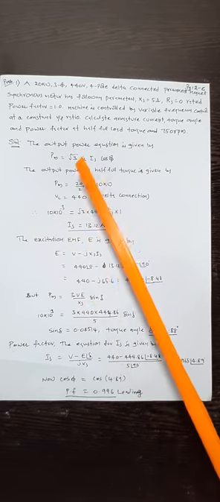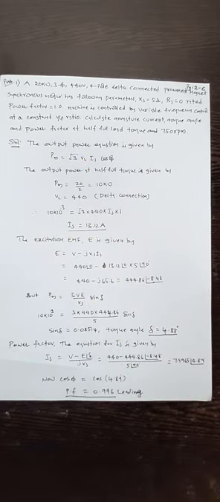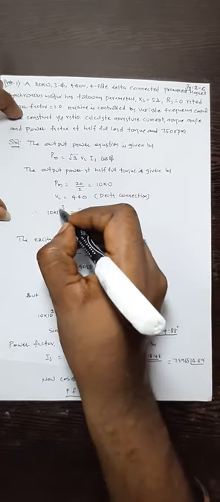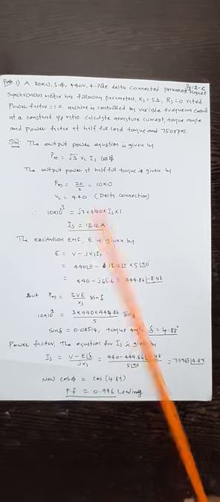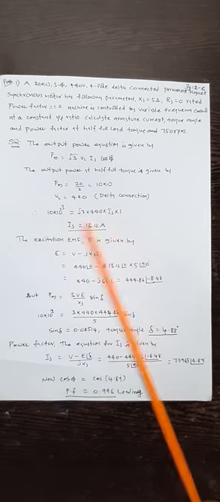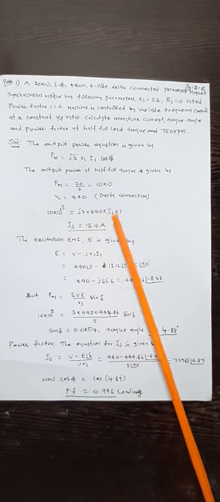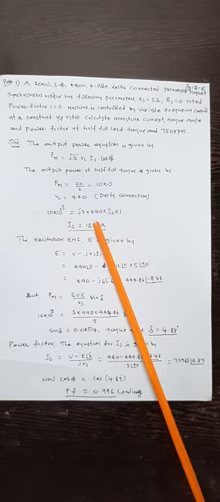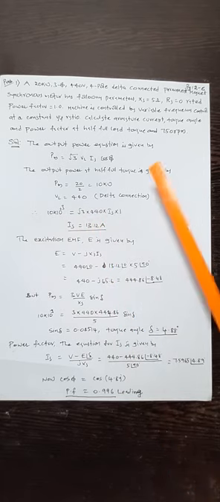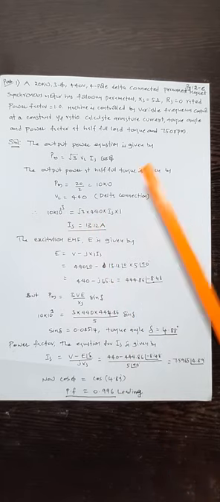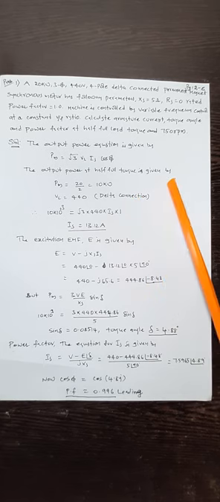Pm is 10 into 10 power 3. It is kilowatts, not a plus value. It is 10 kilowatts, which is equal to root 3 into 440 into Is into 1. So after calculation of this, Is is equal to 13.12 amperes. And the first parameter, armature current, is over. That's the current in the synchronous motor is over.